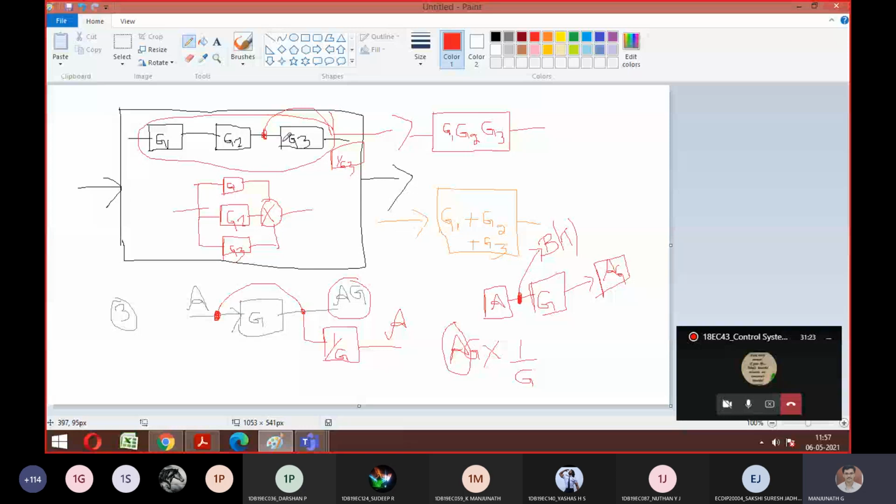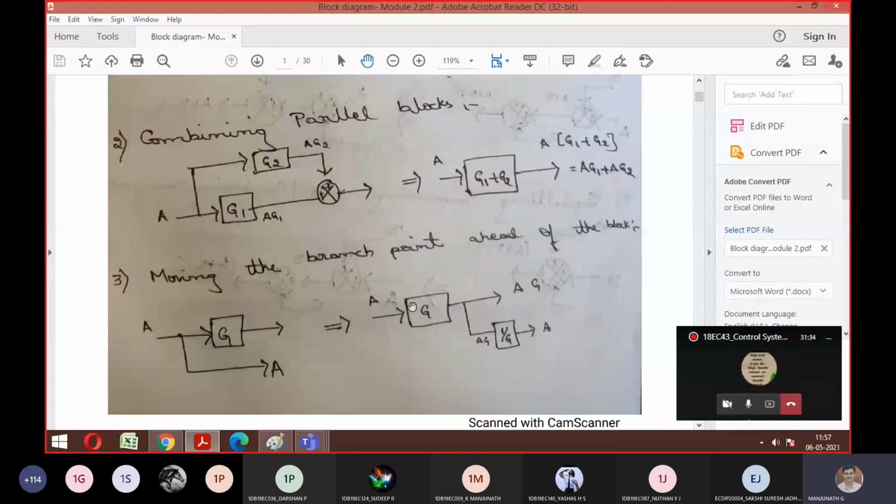Yes, sir. Any doubts, anyone? Shall I proceed with rule number 4, or does anybody want rule number 3 to be explained once more? I hope you got the logic of when to move this. So rule number 3 is understood here, moving the branch point ahead of the block. See, if you're not able to understand these rules that I'm teaching, then you can't solve the problem. For that purpose, try to have some knowledge of when to move what in the reduction technique. That is the agenda. So are these two diagrams visible and understood? Shall I proceed?